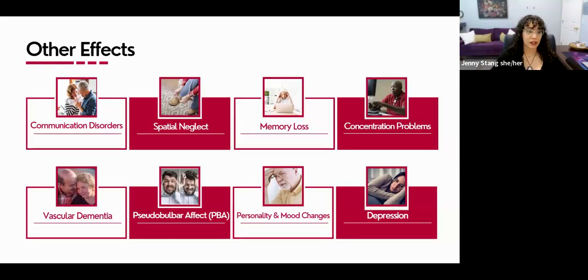So what are the signs of spatial neglect? Maybe your loved one has trouble judging distances. So maybe they miss a table when they're putting down a glass, or they don't recognize the size of an object. They may have trouble understanding position in space, and the rate of movement may also be challenging. They may miss things placed on their affected side. So if they have spatial neglect on their left side, they're not going to notice things as much as if it were placed on the other side, okay?